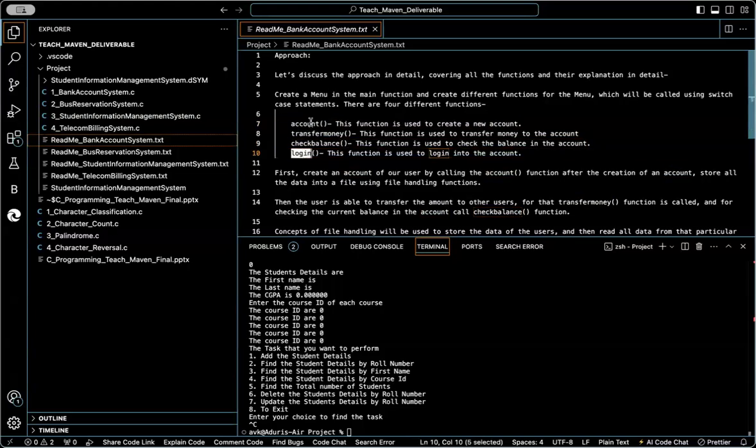The account menu is for a person who doesn't have any bank account. This function creates a bank account. If you want to transfer money to another account, use the transfer money function. If you want to check the balance state in your account, the amount you have, then this function is used. If you want to log into your account, the login function is used. These are the common things done in a bank account system. So let's see how we can implement this